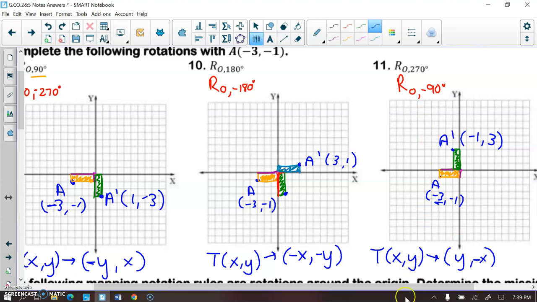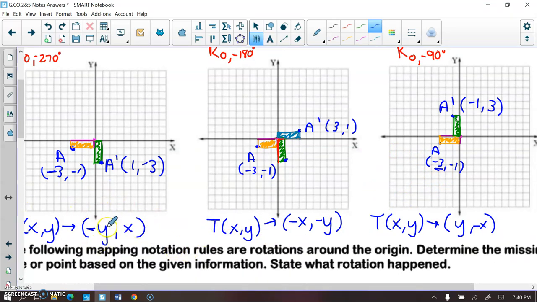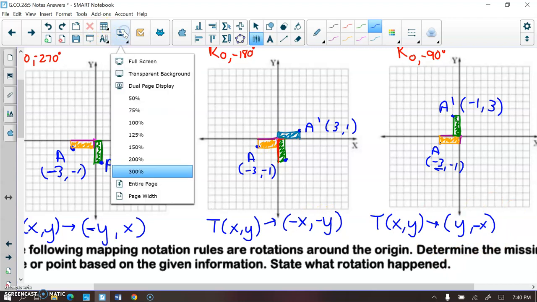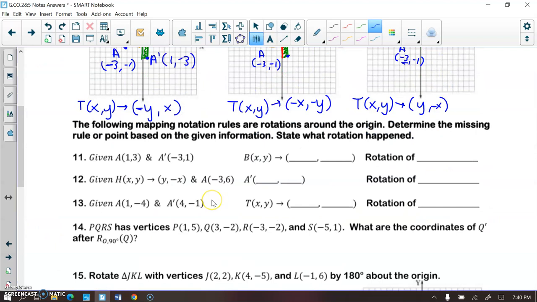It might be a good idea to study each of these three mapping rules, so you know that you did your rotations correctly, but also so you can pick out what each of these stand for. So this is a 90-degree rotation, a 180-degree rotation, and a 270-degree rotation. All right, so now I'm going to zoom back out, and we are going to finish the rest of these